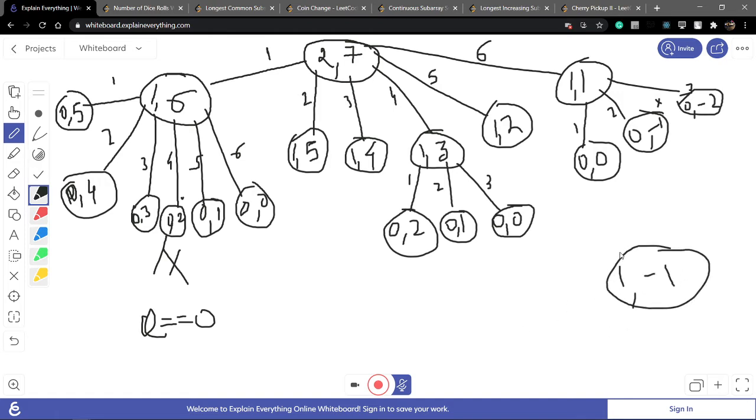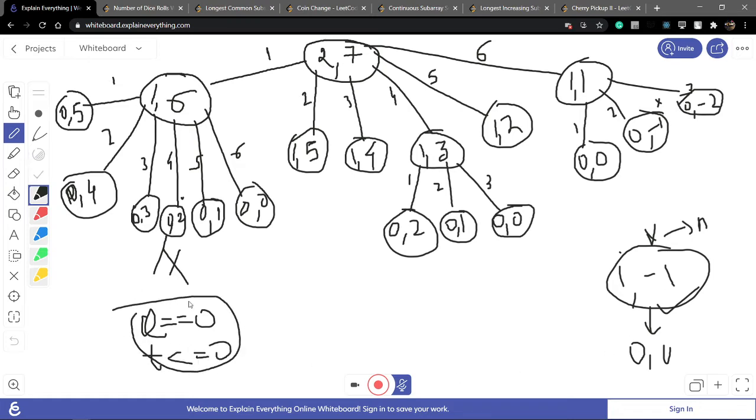If dice is remaining but the target is already negative, it is not possible to throw a dice again, because this is not a possible way. So also when target is less than or equal to 0, this is not possible.